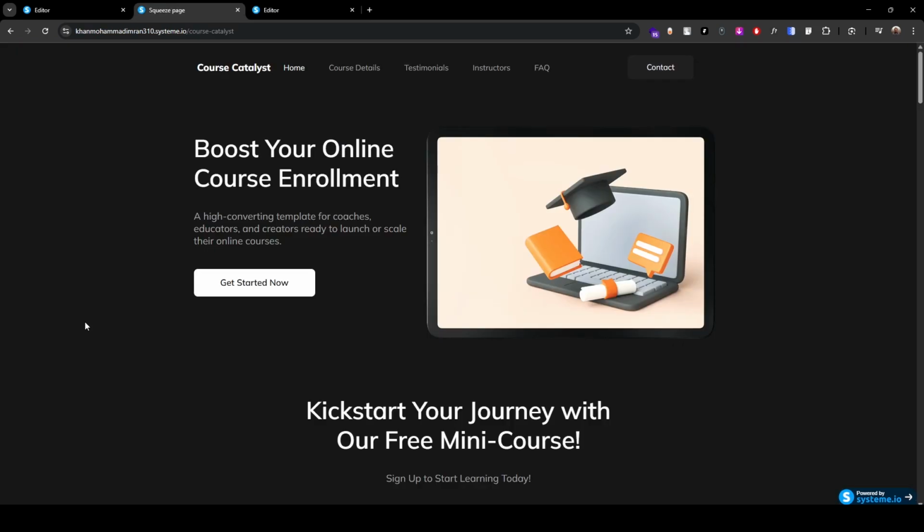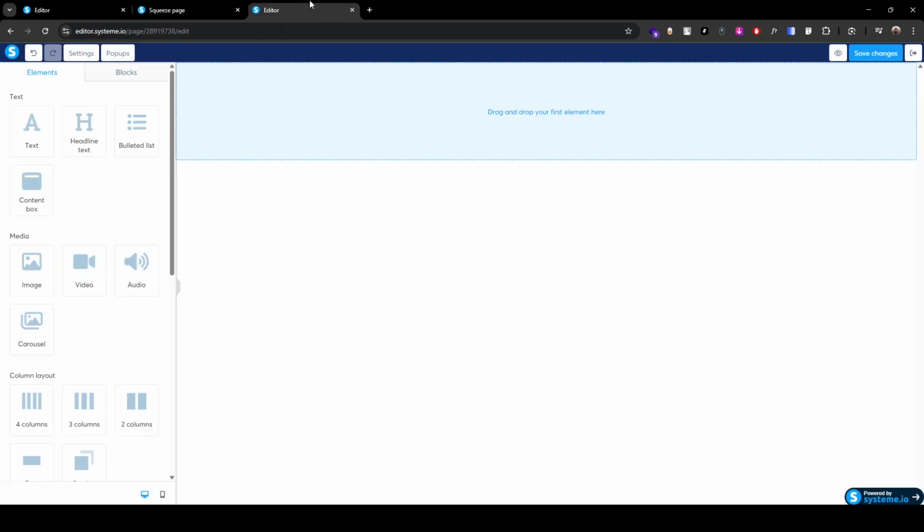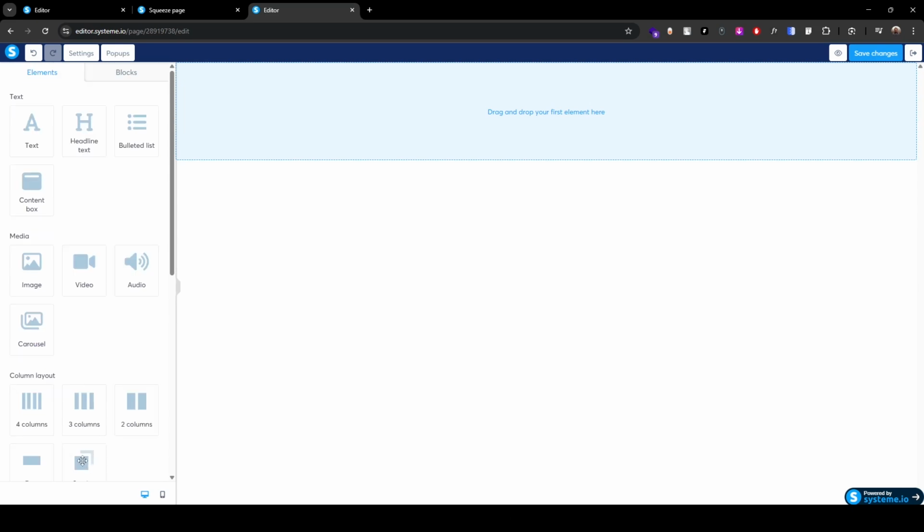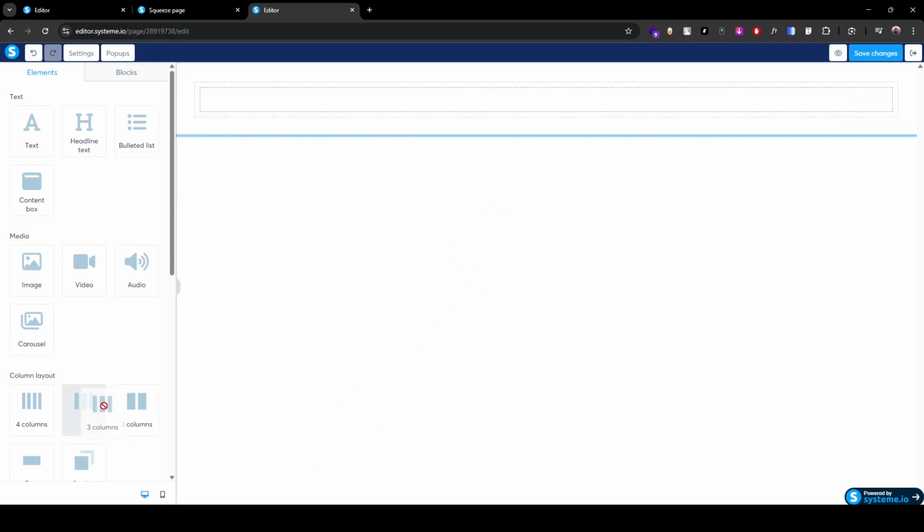If you analyze this part, you will see that it's divided into 3 sections. One for the logo, one for this menu, and one for this button. So clearly we need a 3-column layout, and as you can see it here. But first let's wrap it in a section to have better control over it. So drag this and drop it here. Now drop this 3-column